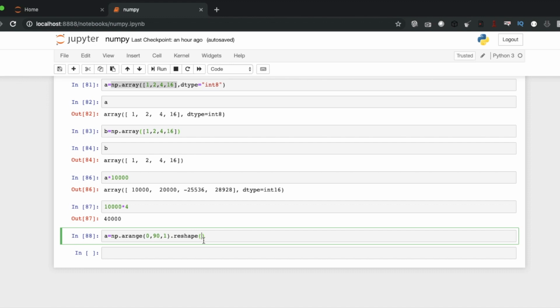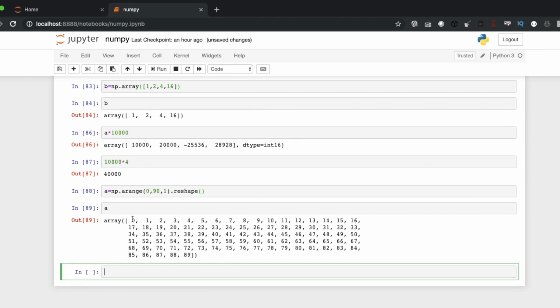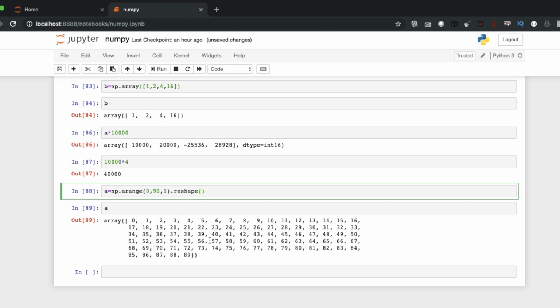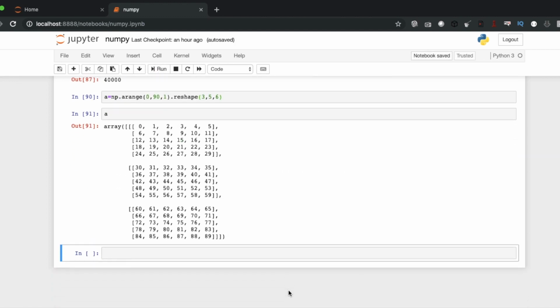Let me just reshape it like this. So this is 90 elements. If I make it a three-dimensional array with 3, then each should be 30, 30, 30. Then let's make it 5 rows 6 columns. So this is our test array, where we are going to do some fun stuff.